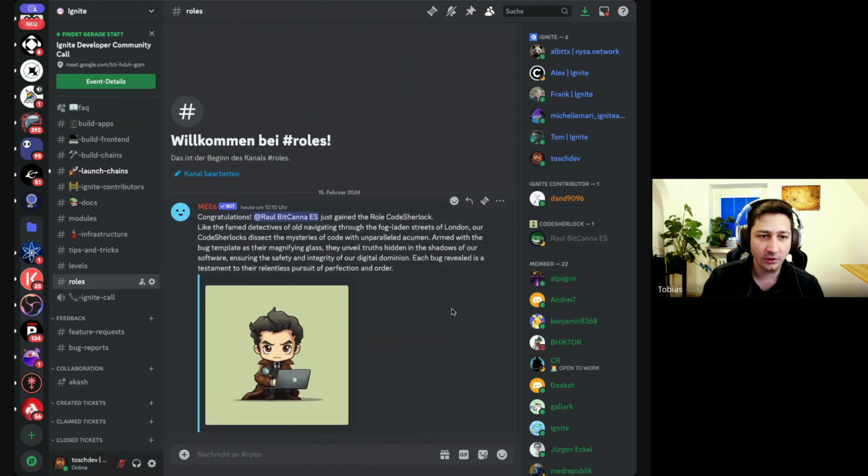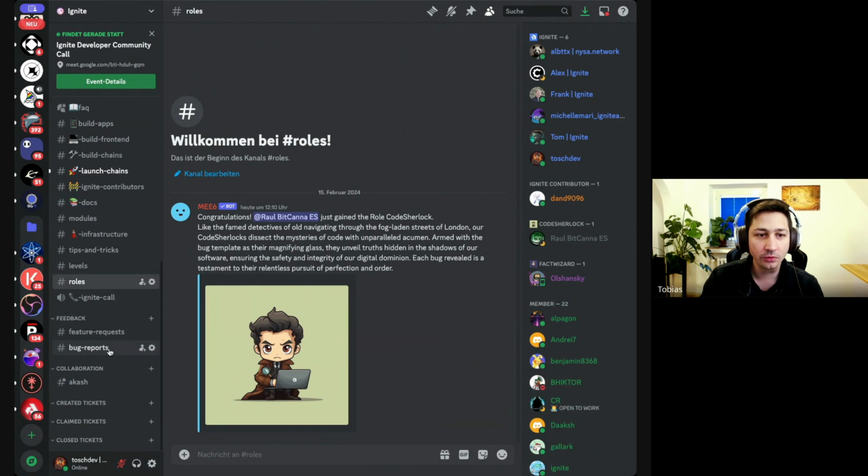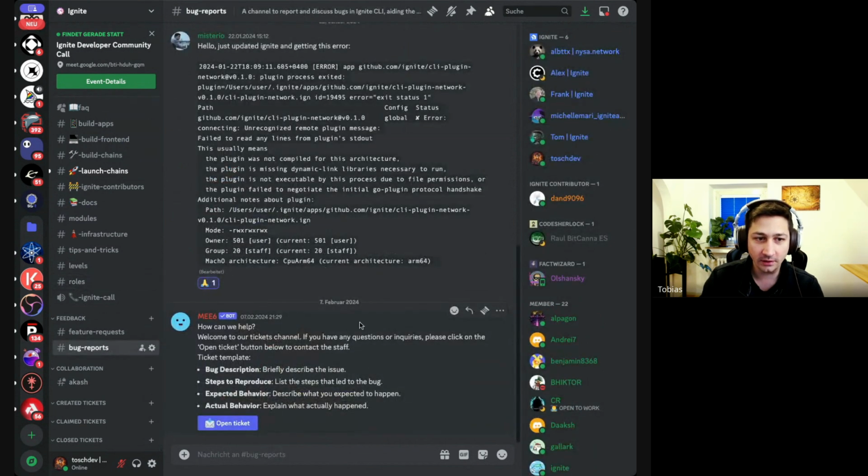And we have a lot of new roles, 8 roles in total. Part of this is the Code Sherlock that you can gain. The Code Sherlock is gained when you are showing skills in navigating the Ignite CLI or app code, and then help to create a bug report either here or on GitHub.